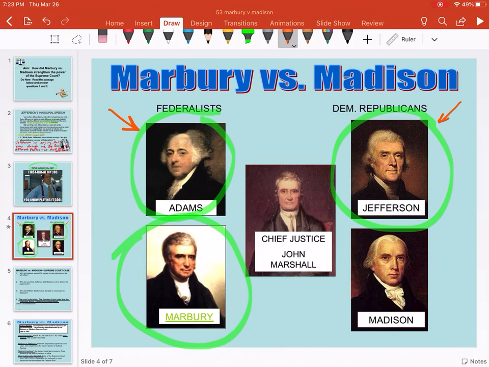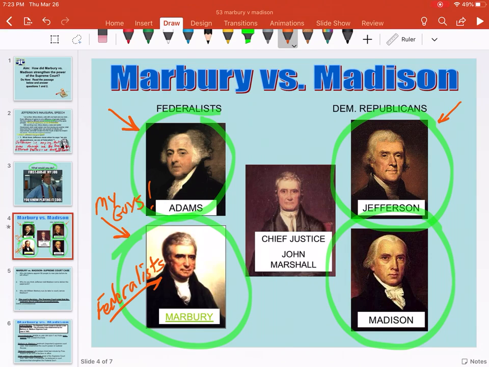He said, you know what? Before Jefferson takes office, I'm going to try to hire as many of my guys as possible. So Adams got busy hiring Federalist judges, packing the Supreme Court, packing the federal courts with Federalists because they were his guys. Once Jefferson takes office, he gets wind of this because his Secretary of State, James Madison, reports to